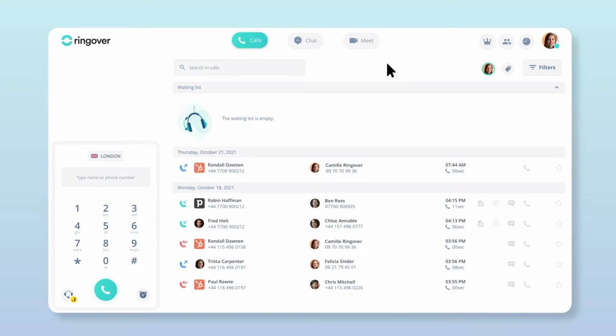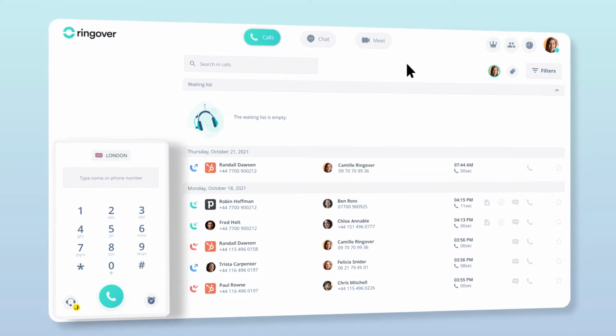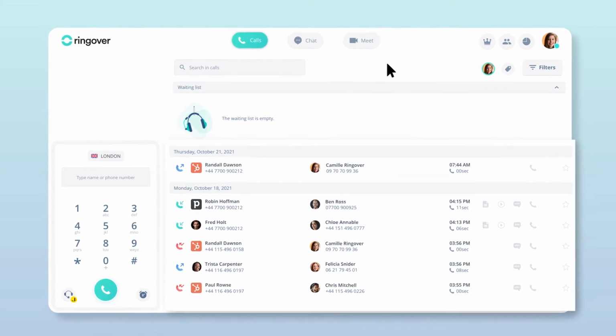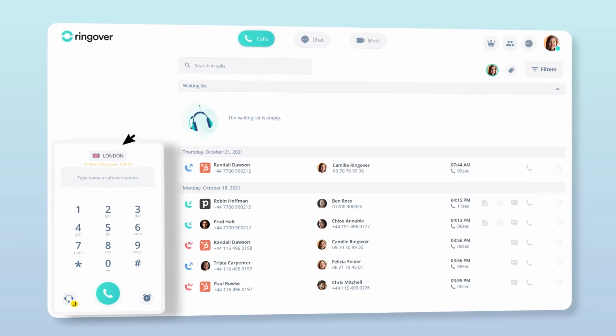You can make a phone call by using the dialer on the bottom left of the screen, just like a regular phone. Towards the middle of the screen, you'll see detailed real-time call logs. This gives you a clear overview of your incoming and outgoing calls. If a call is going towards a different time zone, you'll be notified of the time difference towards the top